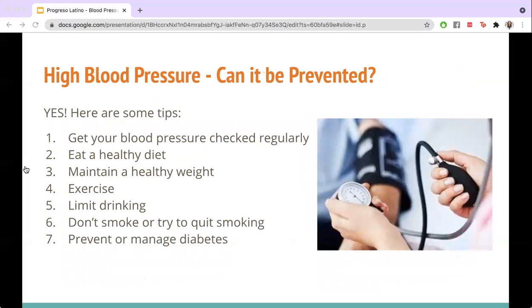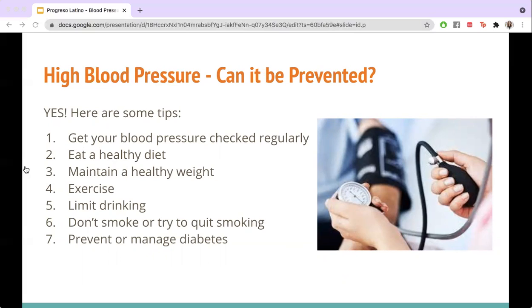So can high blood pressure be prevented? Absolutely. And here are a few tips, and we'll go into more of these in detail in a little bit. One is to get your blood pressure checked regularly. Like I mentioned earlier, you can't know if you have high blood pressure unless you measure it most of the time. Two is to eat a healthy diet, maintain a healthy weight,